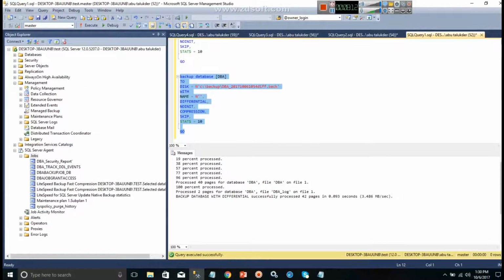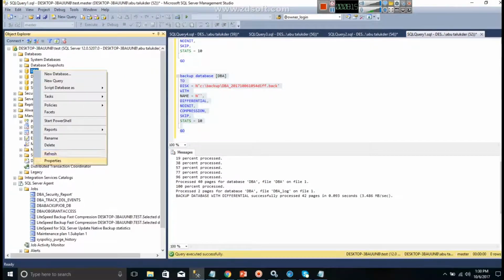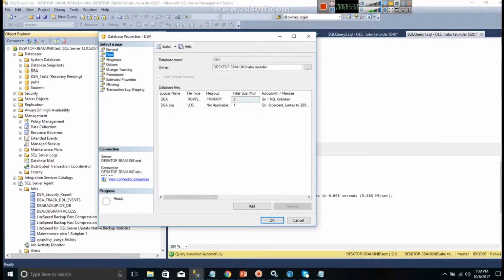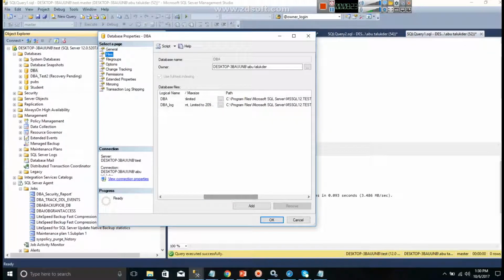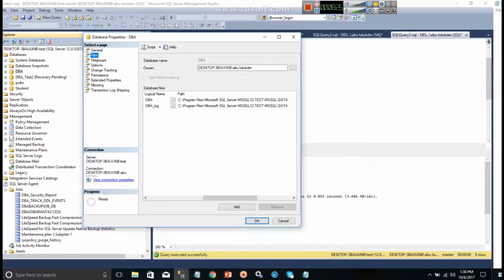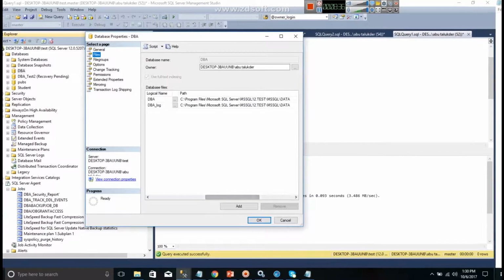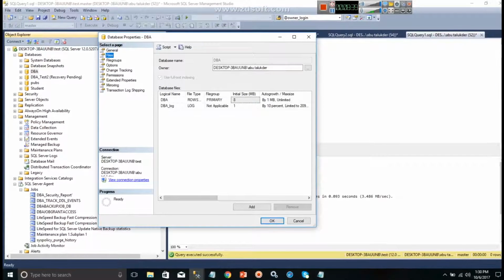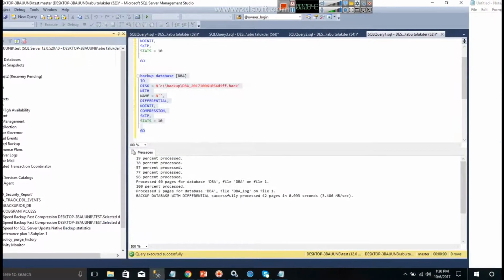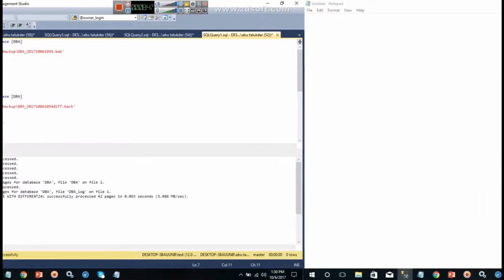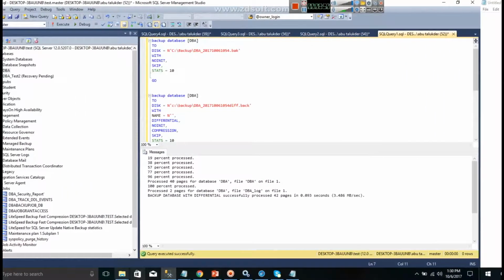And where will you find that? Right click on that, and the location of the data file and log file is this. This is the location where the database log file and data files are located. And then you need to make sure that when you restore, you put it onto a proper location. So for example, you want to restore this DBA database somewhere else, maybe on a non-production environment,